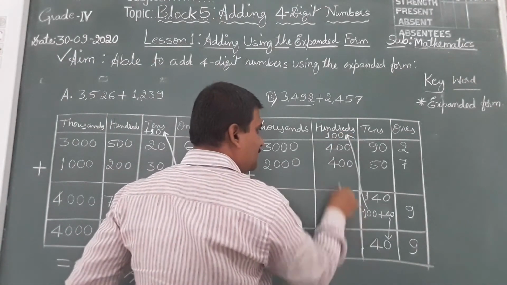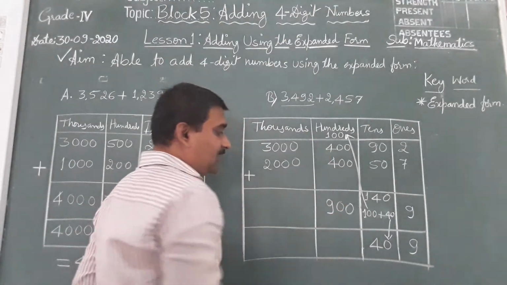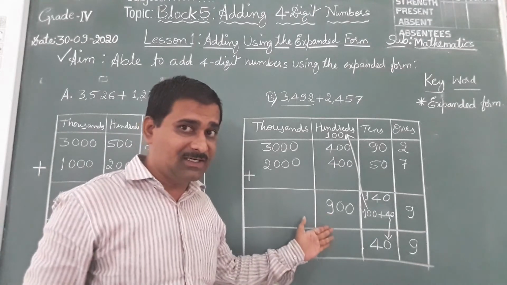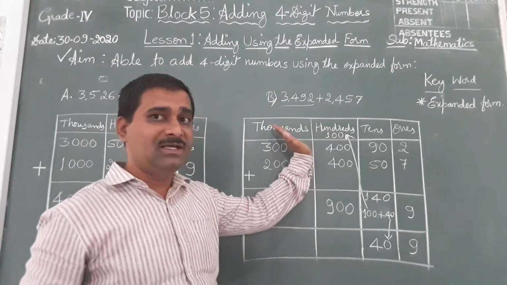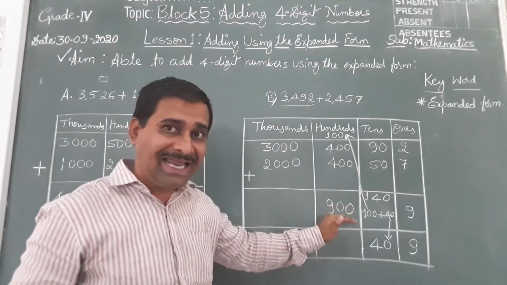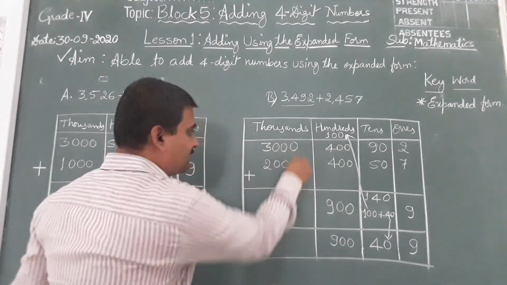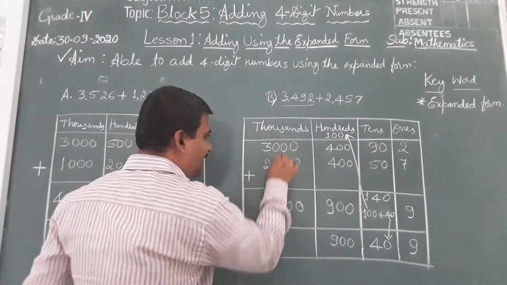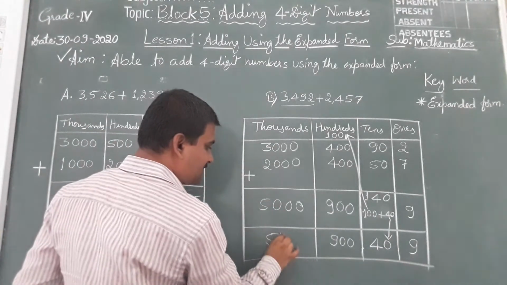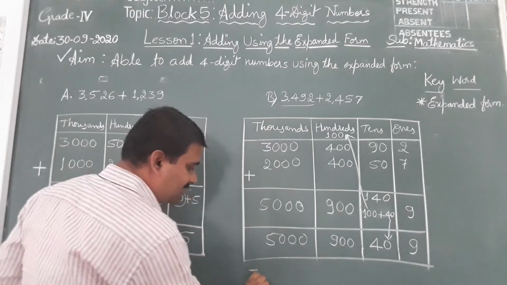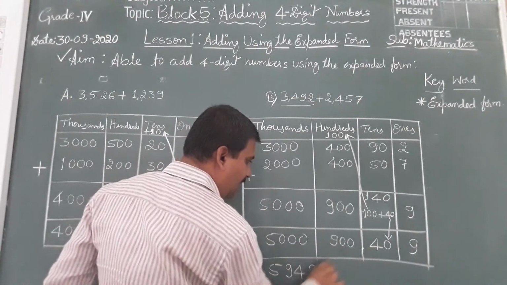0, 0, 0, 0, 0, 0, 4 plus 4, 8, 8 plus 1, 9. Again, if you get more than 1000 here, you should write the 1000 plus the number and 1000 will go to the carry. Now it is not more than 1000, it is only 900. So it stays in the hundreds place, 900. And the last one is 3 plus 2, 5. This is only 5000, so it remains in the thousands place. See children, the answer is 5949.